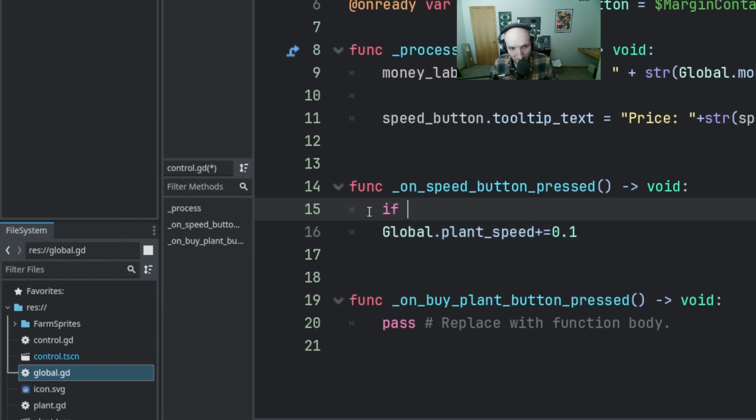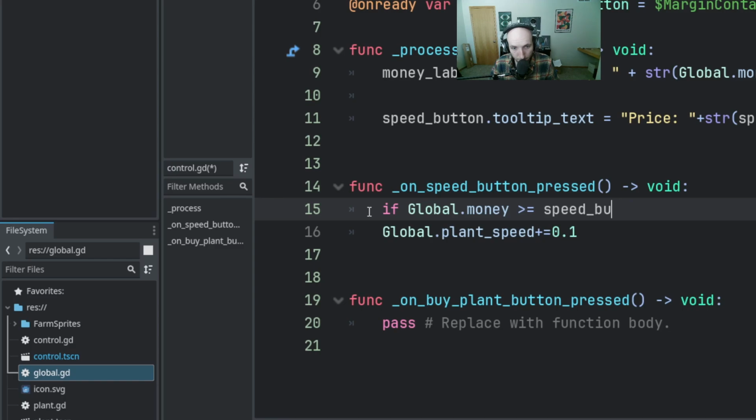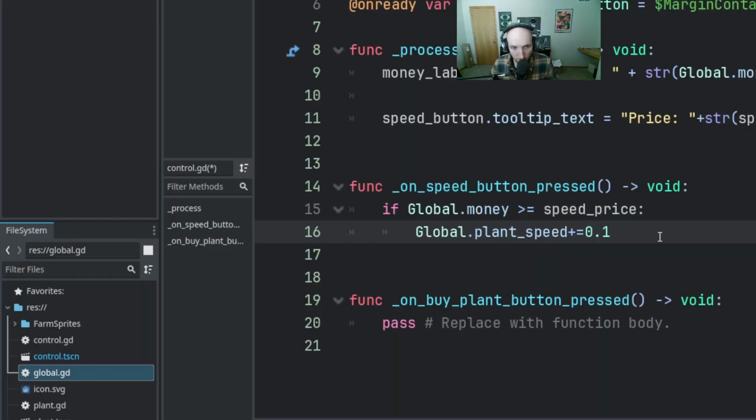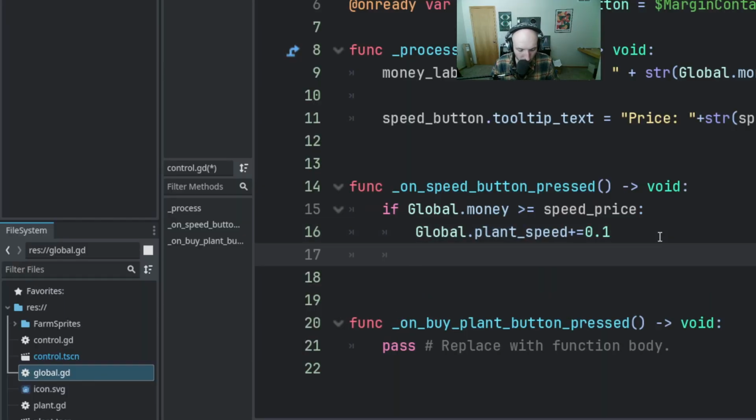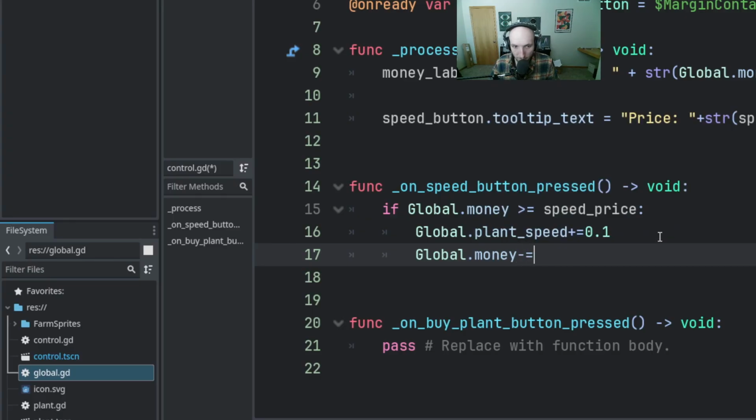So we've got to say if global dot money is greater than or equal to speed price, then update the plant speed, and also subtract the money. Global dot money minus equals